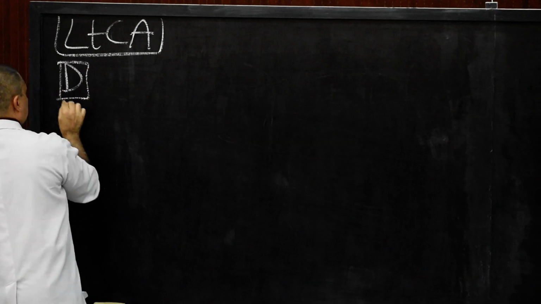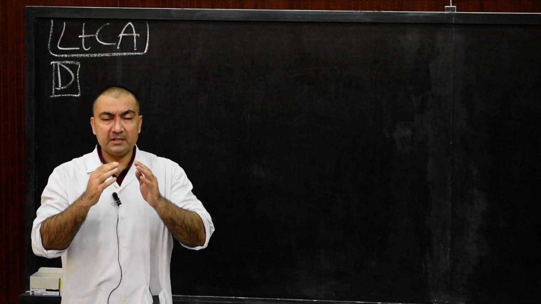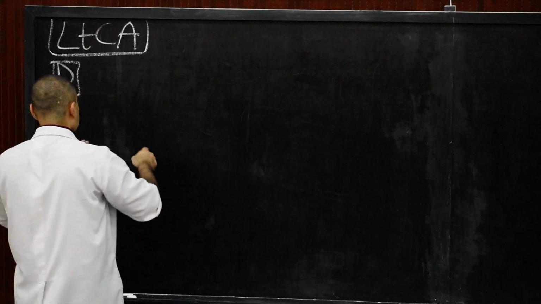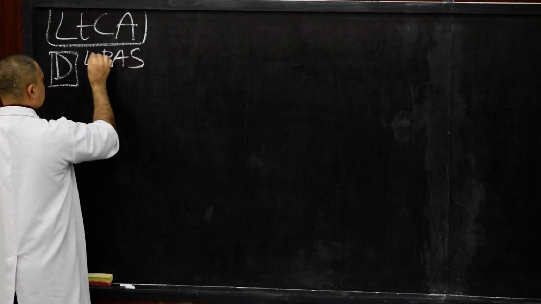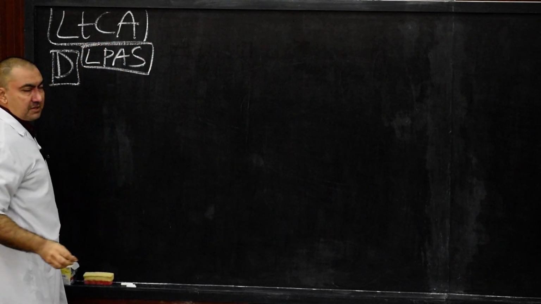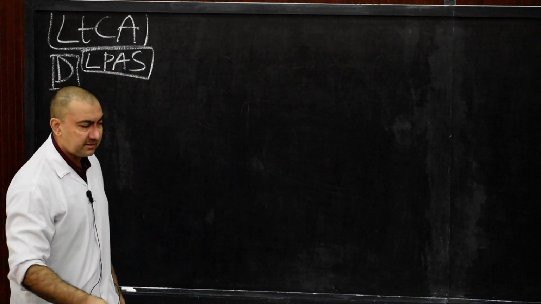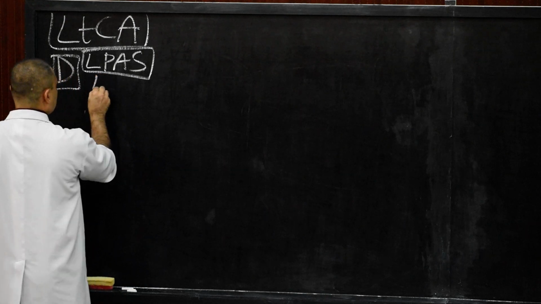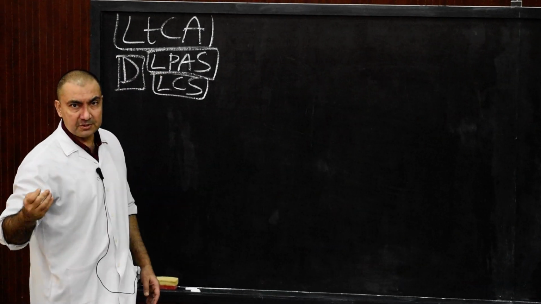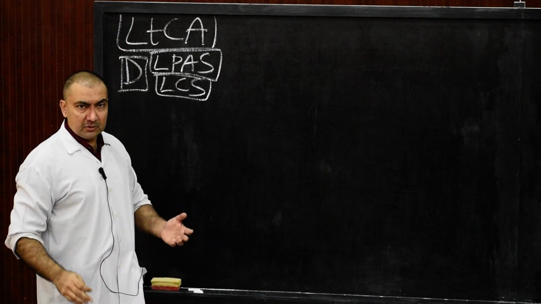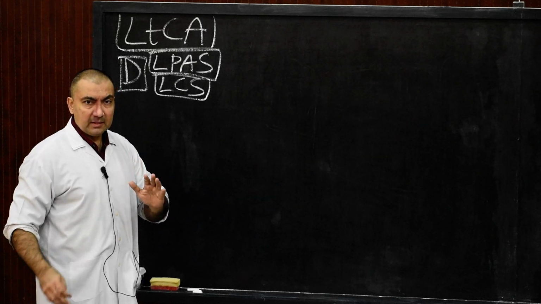The definition. How does it take origin? It will take origin from the left posterior aortic sinus. It is known as the left posterior aortic sinus. This is the anatomical terminology, and in clinical terminology they often use it as left coronary sinus. So it will take origin from the left coronary sinus according to clinical terminology, but according to anatomical terminology, it will take origin from the left posterior aortic sinus.